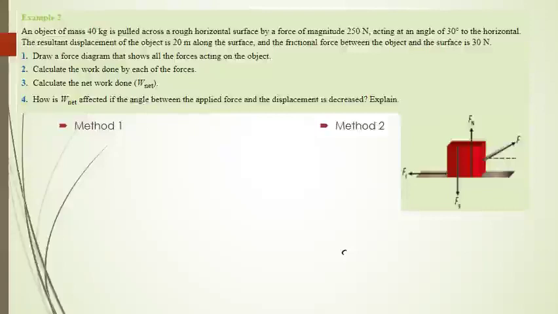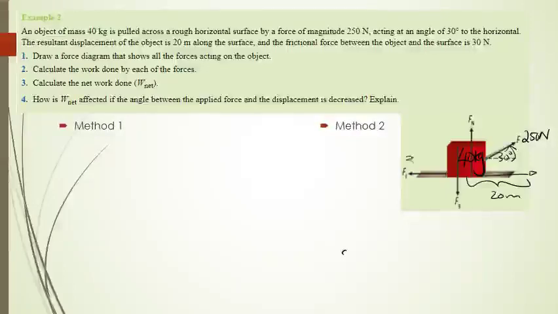Example 2. An object of mass 40 kilograms is pulled across a horizontal surface by a force of 250 newtons. Here's my object. It is 40 kilograms and it is being pulled by 250 newtons, acting at an angle of 30 degrees to the horizontal. The resultant displacement of the object is 20 meters, so this object moves 20 meters in that direction, and there's